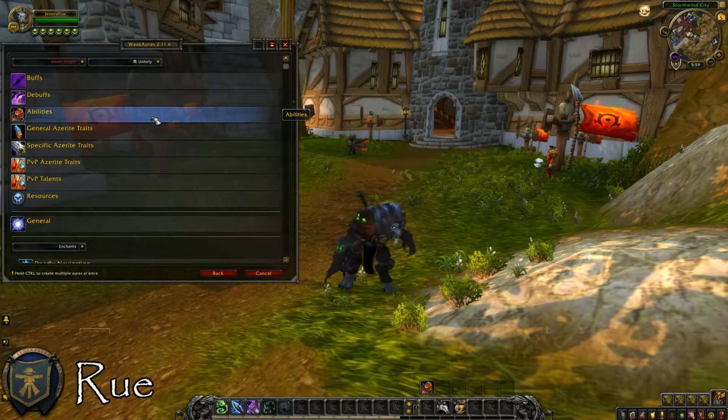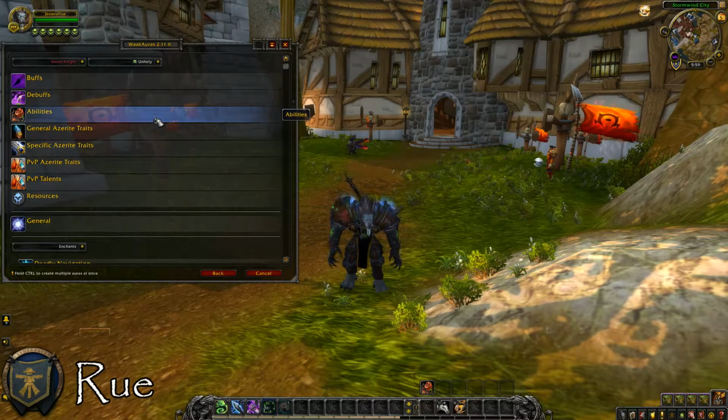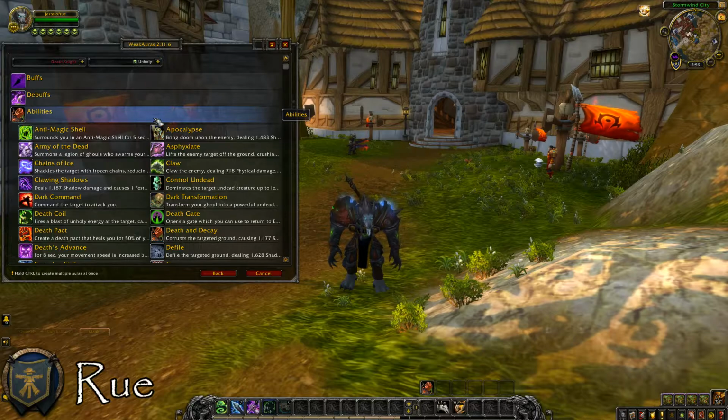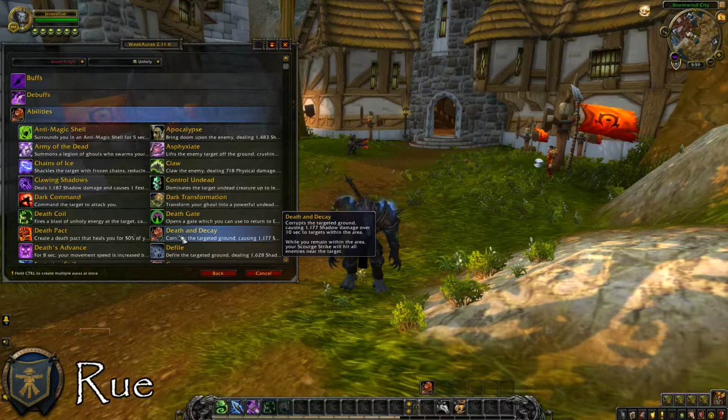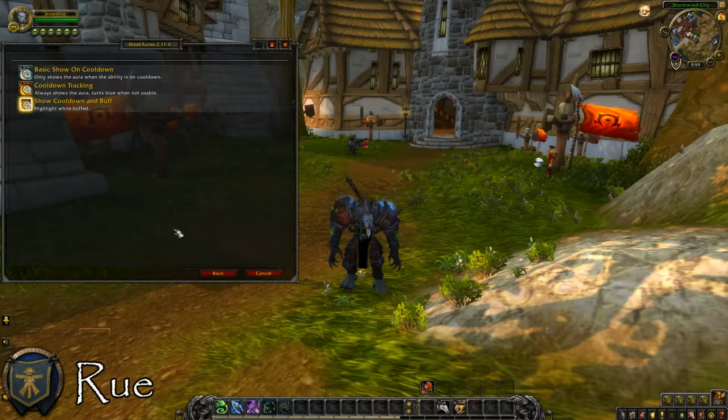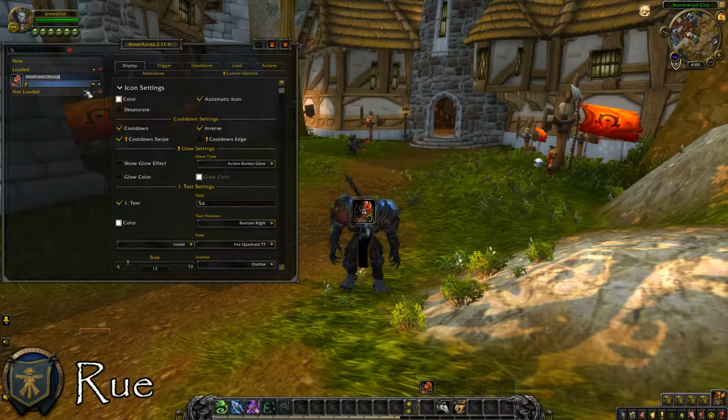Now we have to choose what we want to display. In this case, we're going to do an ability called Death and Decay. Now we're going to have to pick what we want to do with this ability. In most cases, you're going to want to choose cooldown tracking because it will keep up at all times and you can manipulate it through conditions. Give it a name